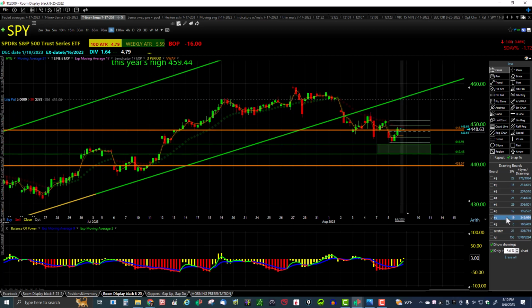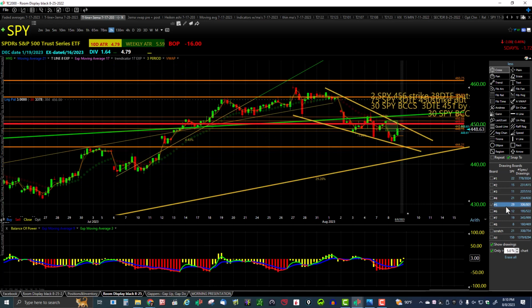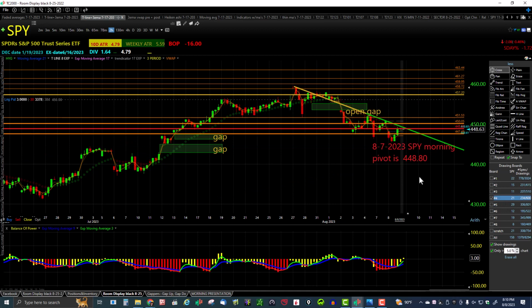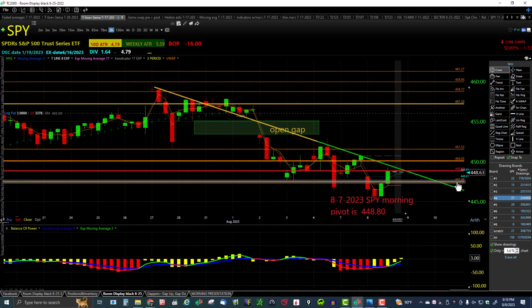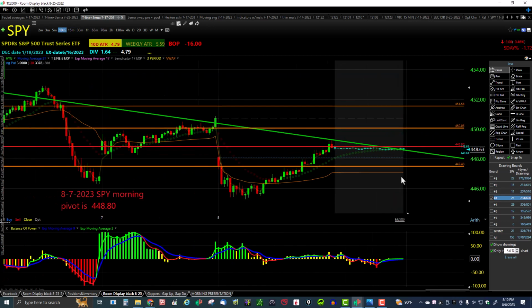I have one chart where I keep all my gaps, and then I have another chart. Here it is, 447.48, right there. That's my pivot for tomorrow, and how I get that, I kind of go into the